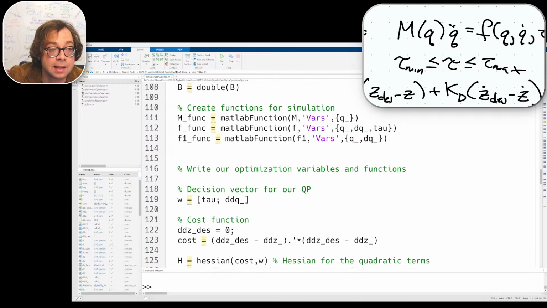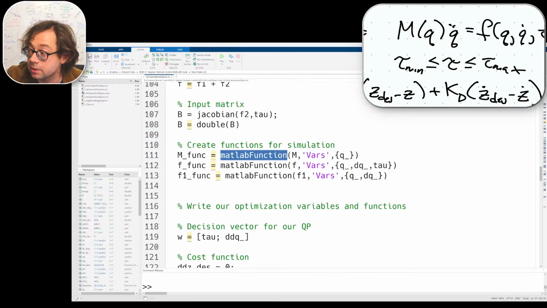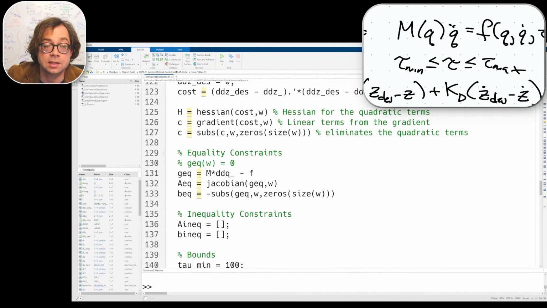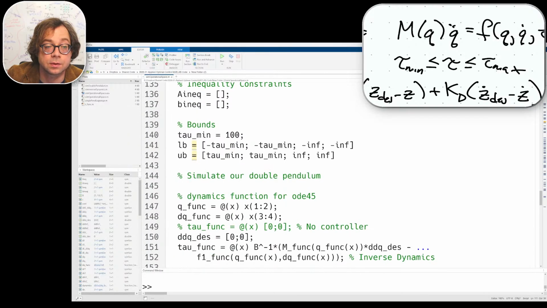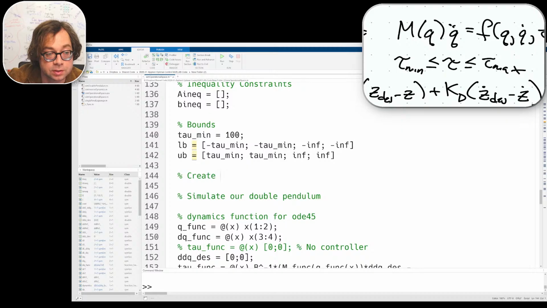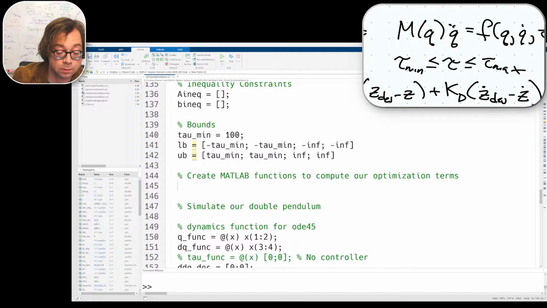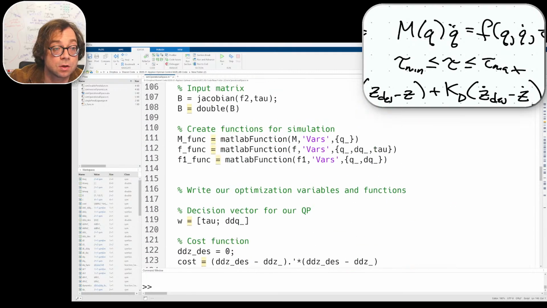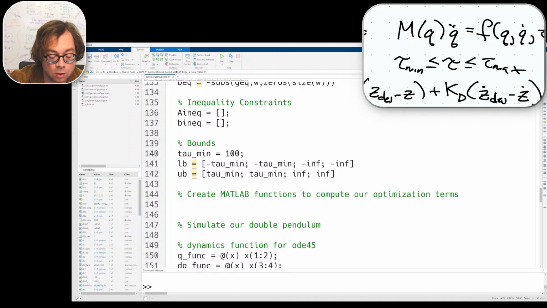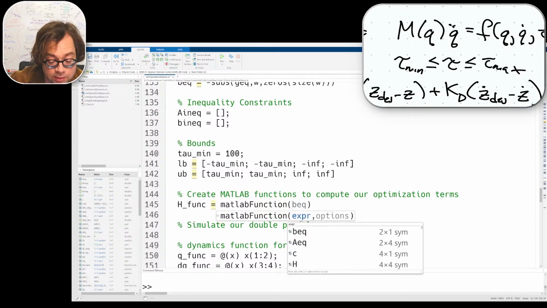We use the MATLAB function called matlabFunction that takes some symbolic variable and turns it into a function like this. How are we doing this? Let's create MATLAB functions to compute our optimization terms. For instance, we can create a MATLAB function called hfunc for our Hessian function, equal to matlabFunction. What does it take in? Well, it takes in H,